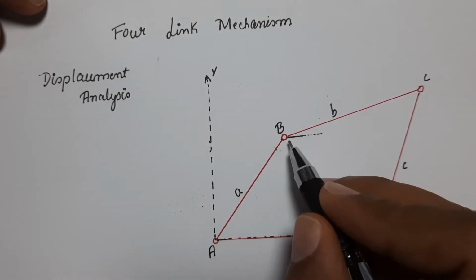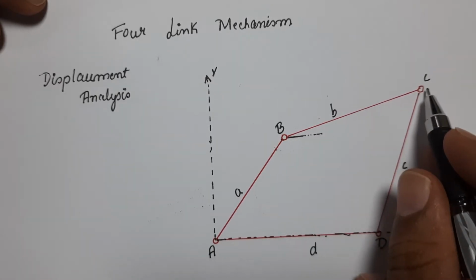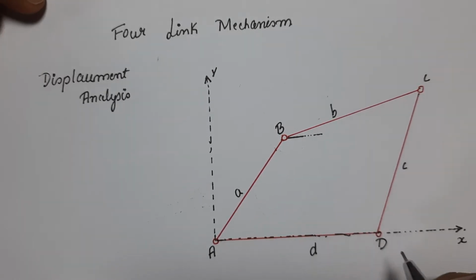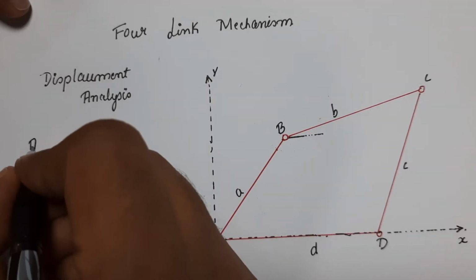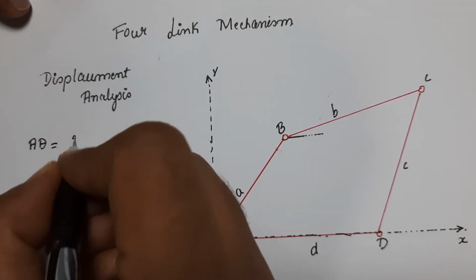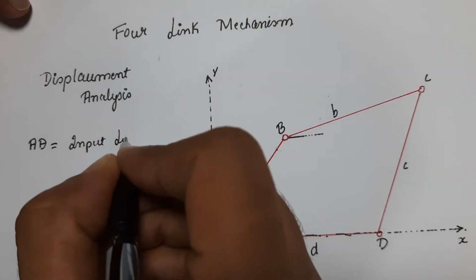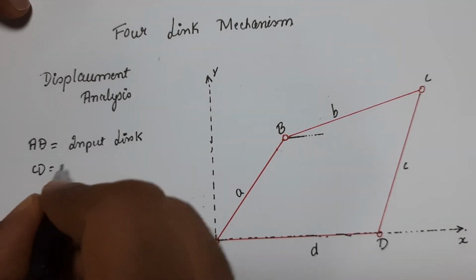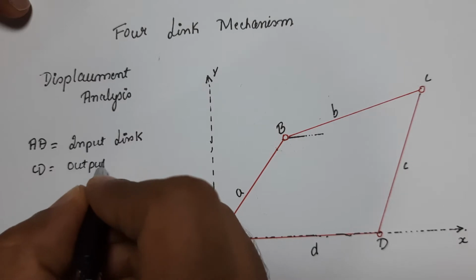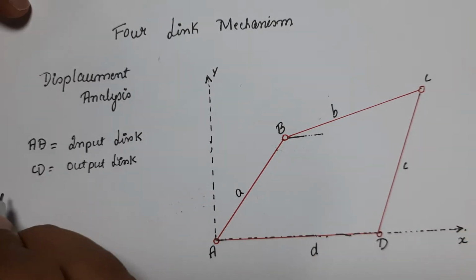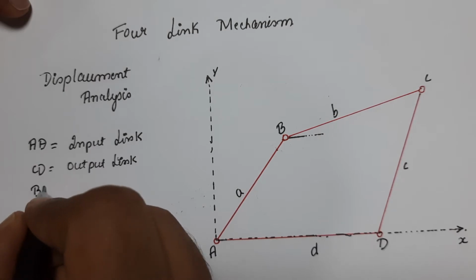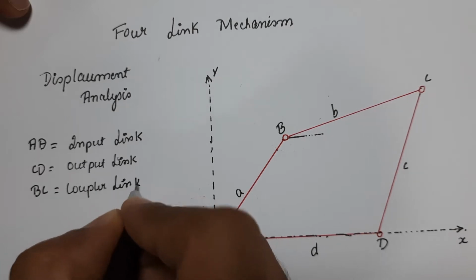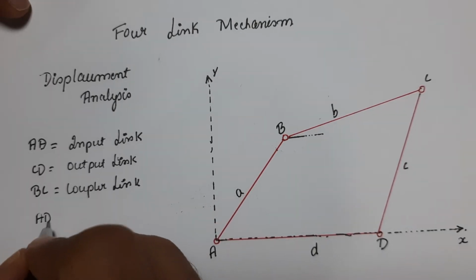input link, we'll consider this as the input link, BC will be the coupler link and CD will be the output link here. The link AD is fixed over here, so just write it down here, that is AB is the input link, okay. Then CD is the output link, then BC is the coupler link and link AD is the